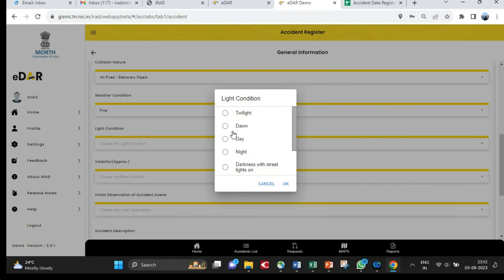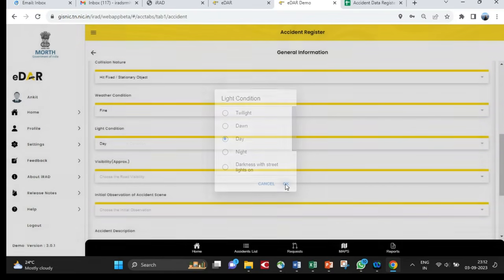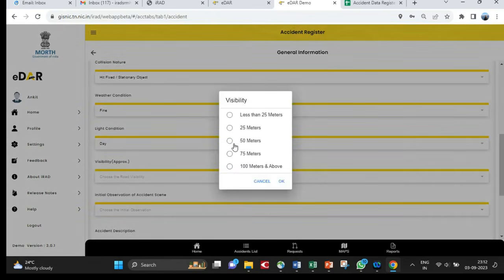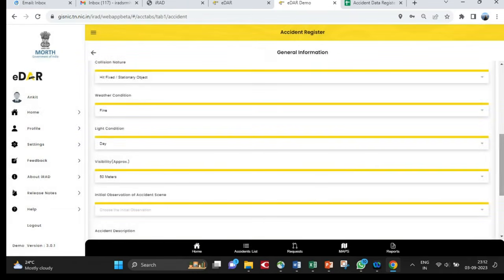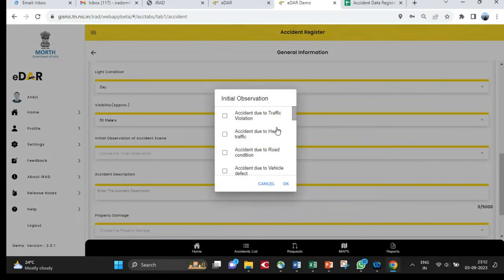Select the light condition at the time of accident. Select the visibility at the location of accident. Now select the initial observation of the accident.